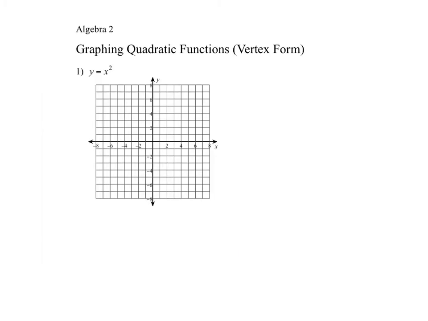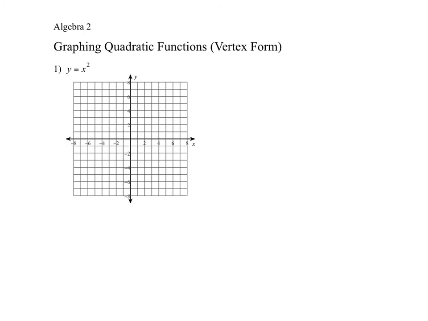So I have y equals x squared. This is the parent function of the quadratic function. So my first step is to identify my vertex. My vertex in this case is (0, 0). My axis of symmetry